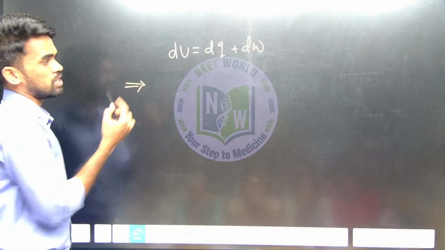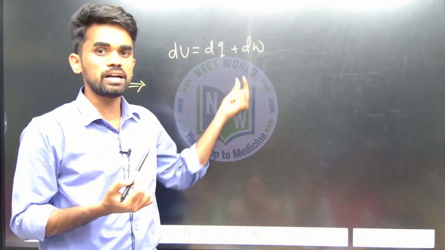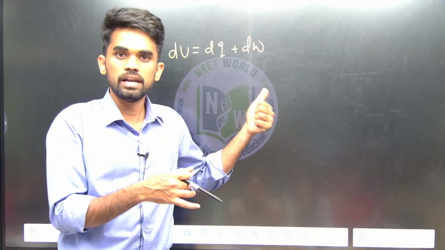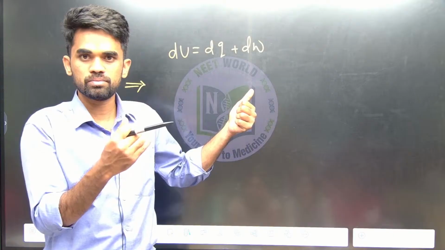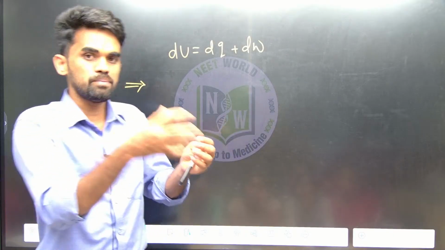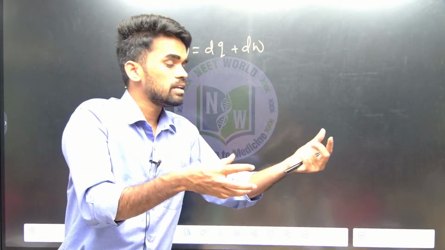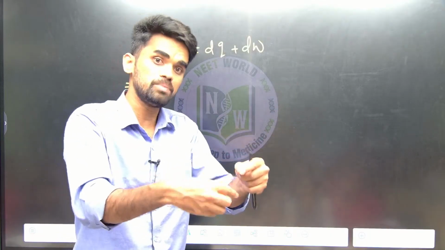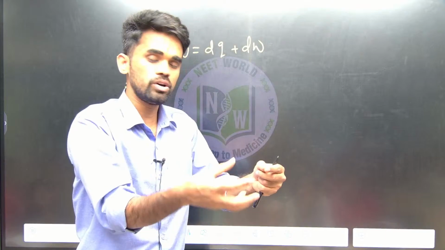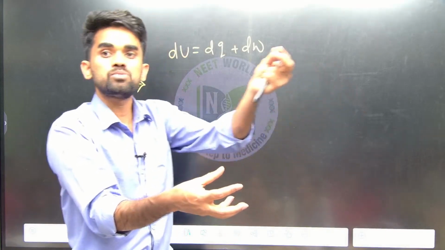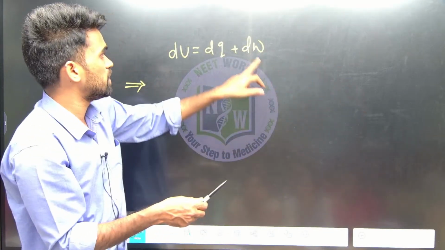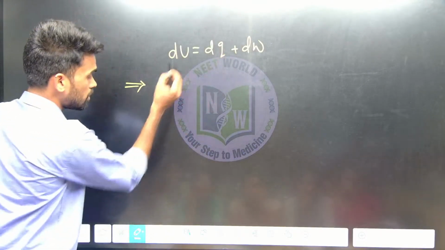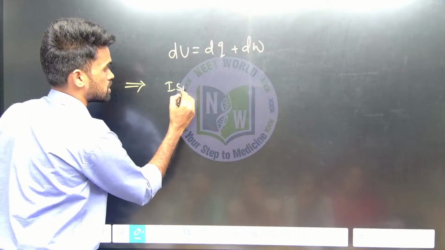sign convention also. Work is done by the system, so dW should be negative. Work is done on the system... Whenever work is done by the system, it means the system is doing some work on the surroundings. So during that process heat will be absorbed by the system. Take the isothermal process,